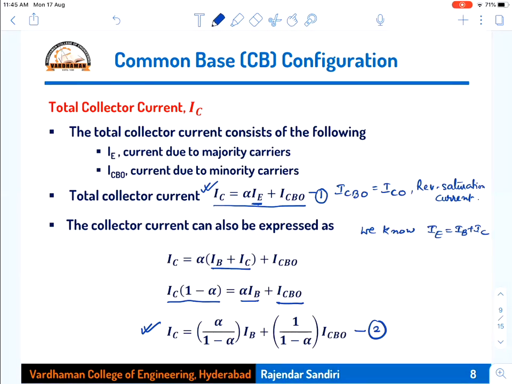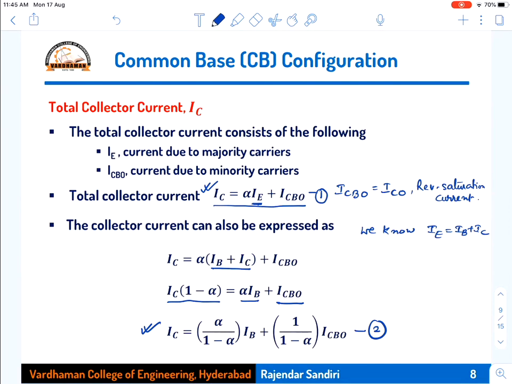Next, similar procedure we have to do for common emitter as well as common collector. We have to draw the circuit diagram and show what is input, what is output, what is ground. And we have to connect the battery terminals in such a way that always emitter base junction should be forward biased, collector base junction should be reverse biased. In every circuit, the batteries should be connected between the input terminal and the ground terminal, and the output terminal and the ground terminal.